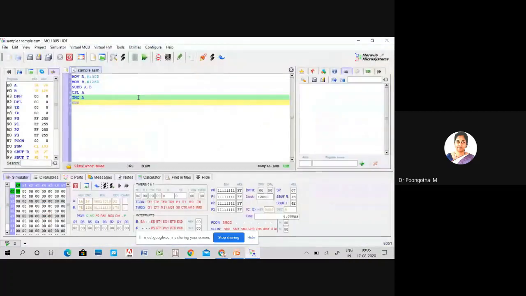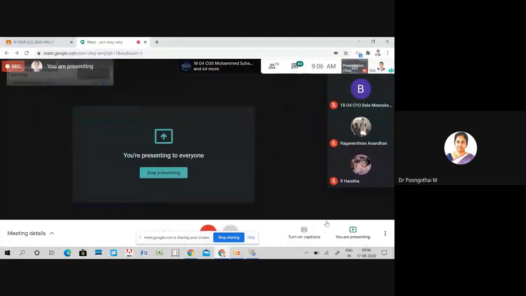So 100 is loaded into accumulator, 126 is loaded into B register. Subtracting these two values, complement accumulator, increment accumulator, and after the execution, I am getting 26. So this 26 is held by your accumulator. Based on the subtraction operation, your carry is set to 1 to indicate that the result is in negative form. And next, your overflow flag is reset to indicate that the result is within the range. Is it clear now?